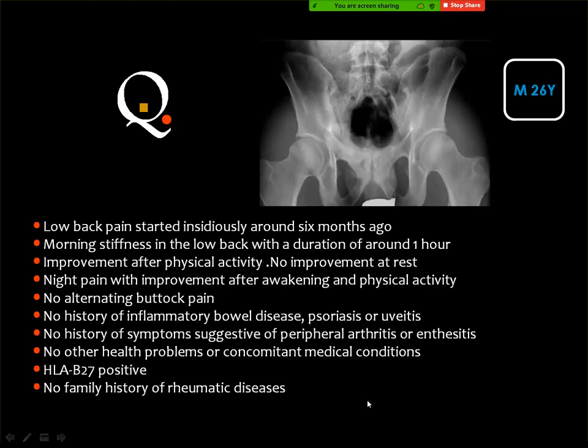Sacroiliitis. Yes, what do you say? Ankylosing spondylitis. Ankylosing spondylitis, you said? Yes. Okay. This history is almost a classic for the recent topic, which is known as axial